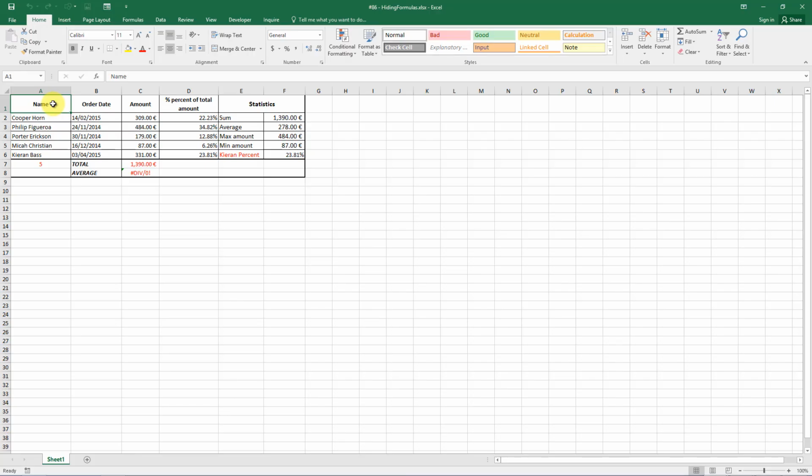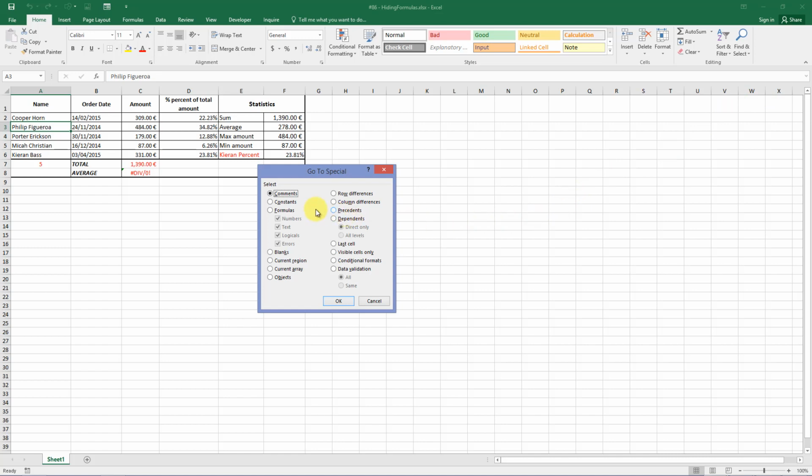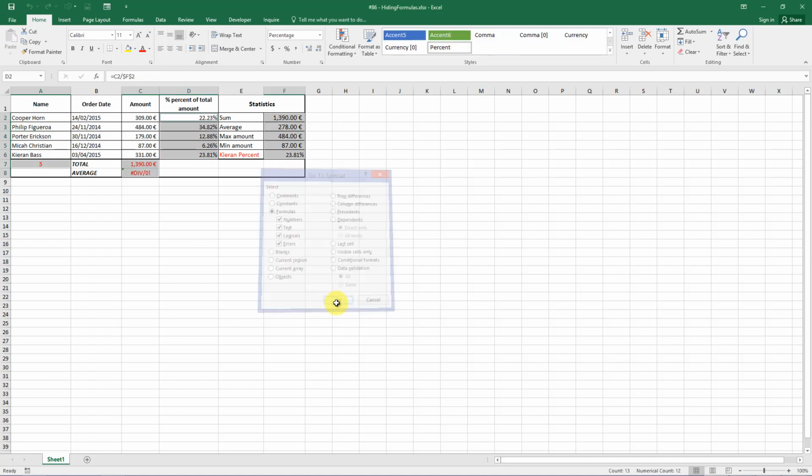If you work for a company, you may need to distribute your workbook to a co-worker or to a user. So if you want to hide all the formula cells on the worksheet, there are some steps that you must follow. First, you have to select all the formula cells. Select a cell. You can do it easily from Home tab, Find and Select, and go to Special option. A new dialog box appears. Select the formula option and make sure that all the boxes below are checked. After pressing OK, Excel selects all the formula cells.